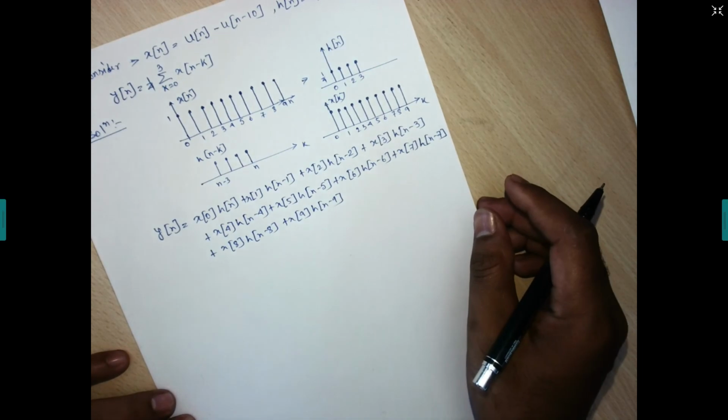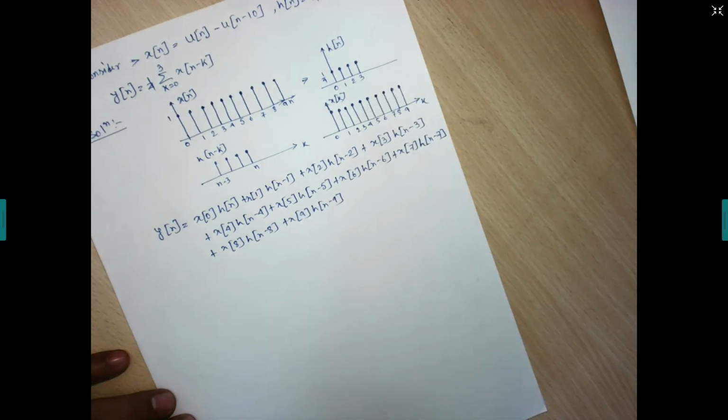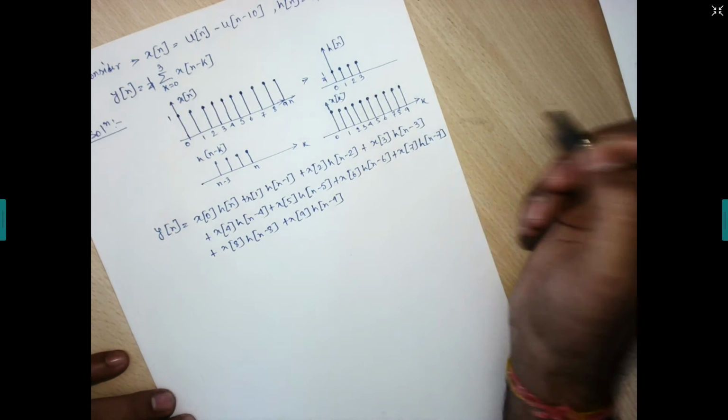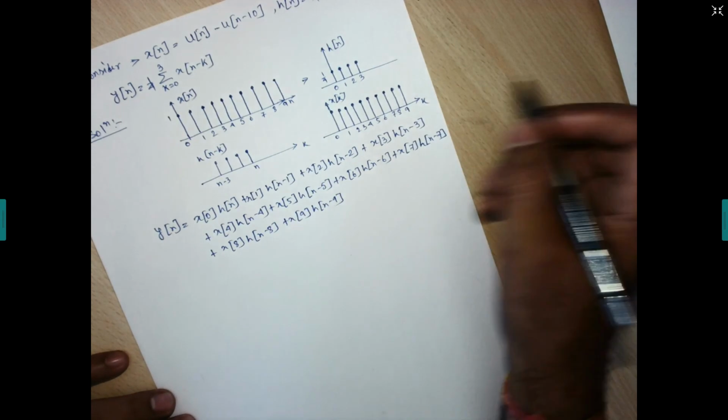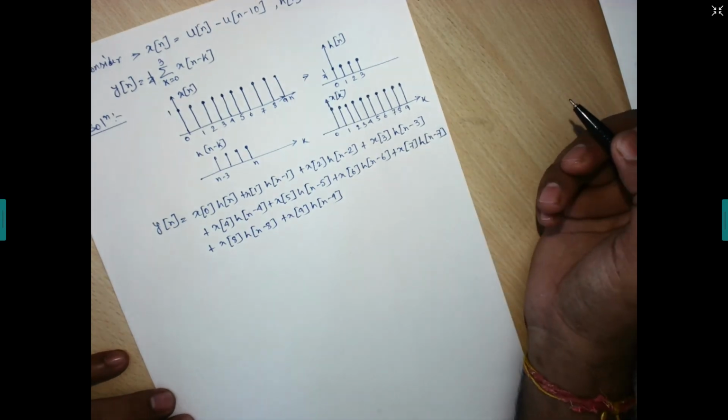But hn is having only 4 samples, that is time shifted up to this 3. So we can't go with these other samples, right? This multiplication, because h of n minus 4, h of n minus 5, all those are 0, right? So we need to go up to h of n minus 3 only. So after we put different values of n, then we need to find out yn.